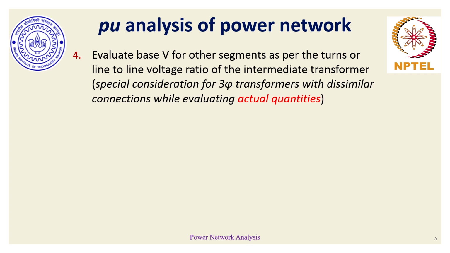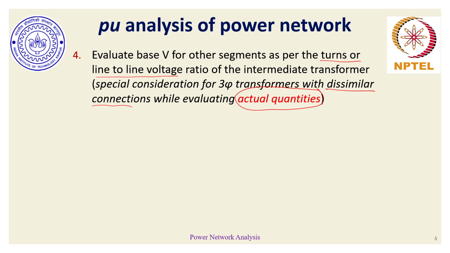That's where the role of turn ratios of transformers comes in. The base voltages of other segments should be chosen while respecting the turn ratio, or line to line voltage ratio, of the intermediate transformer. Specifically, for the case where we have transformers with dissimilar connections, there is a special consideration to be made while evaluating the actual quantities, which we will see in the next slide. But whether it is dissimilar configuration or similar configuration, the turn ratio should always be respected while choosing the base